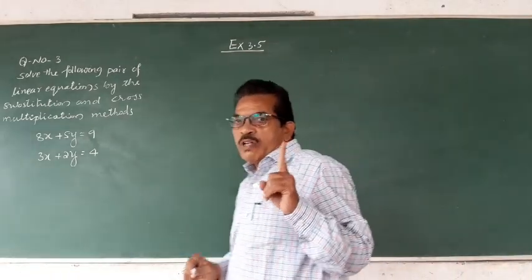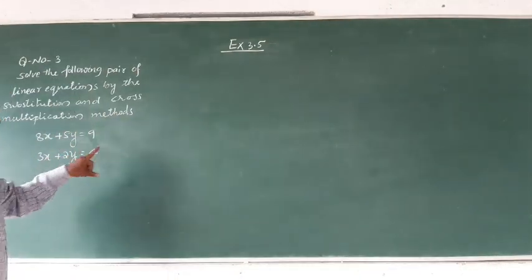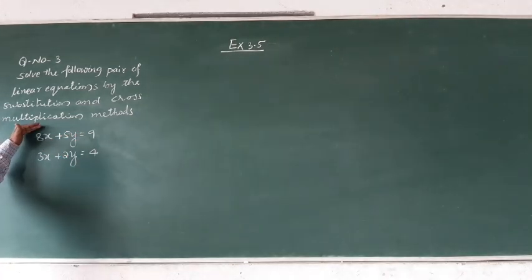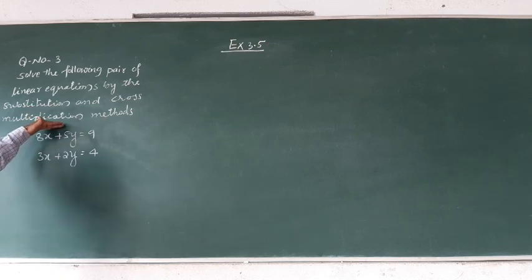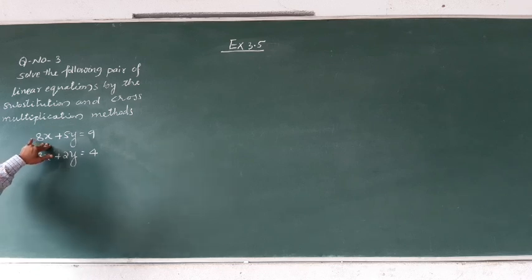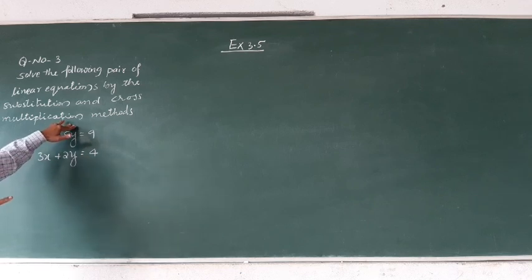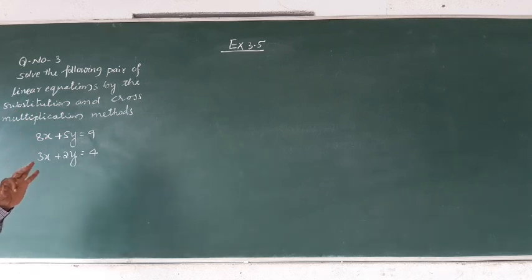method. I will not solve this problem by the substitution method because in the previous exercise we have already practiced and solved with substitution. Now let us solve this problem by the cross multiplication method. See, this is the last problem related to the cross multiplication method. So see the solution attentively and learn the method of solving by cross multiplication. It is very important and also a very easy method to solve a pair of linear equations.